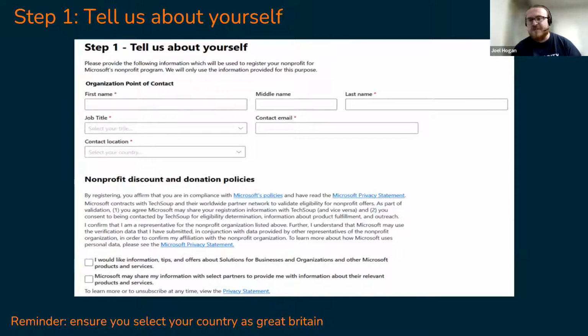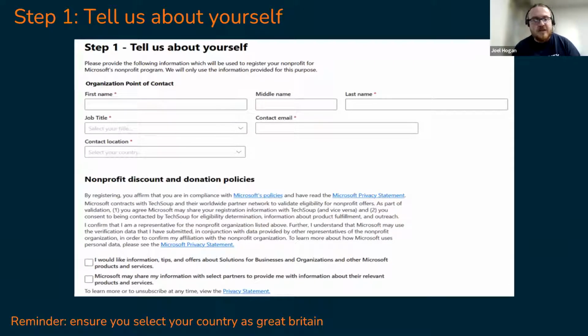Some organizations might want to use perhaps a generic inbox where perhaps the settings aren't quite friendly enough, or the spam filters are too high. So when you're receiving any sort of activation emails or authentication emails, you might not receive them from Microsoft. So make sure it is an email address that you do have access to. And also one of my favorite sayings, please ensure you are checking your junk folder just in case, as the follow-up emails can end up there on a lot of occasions.